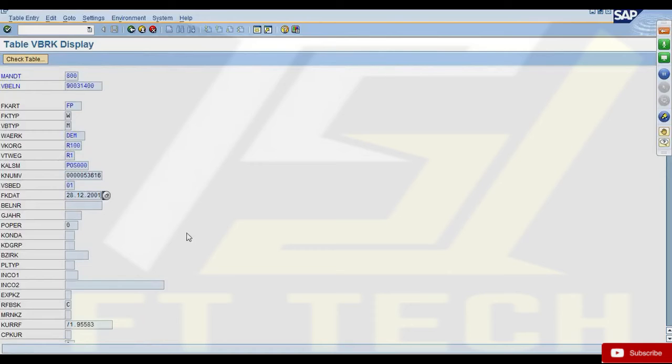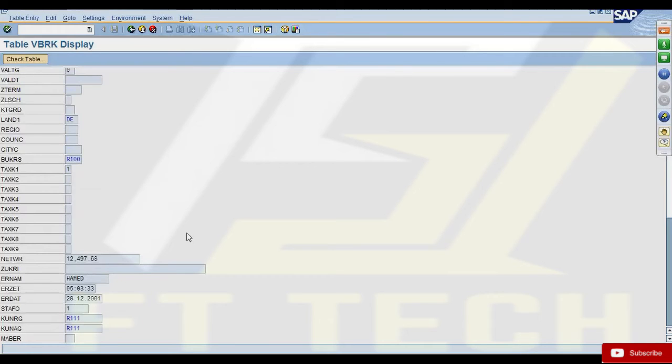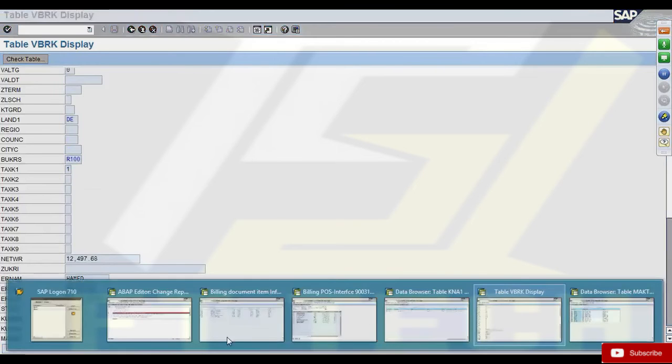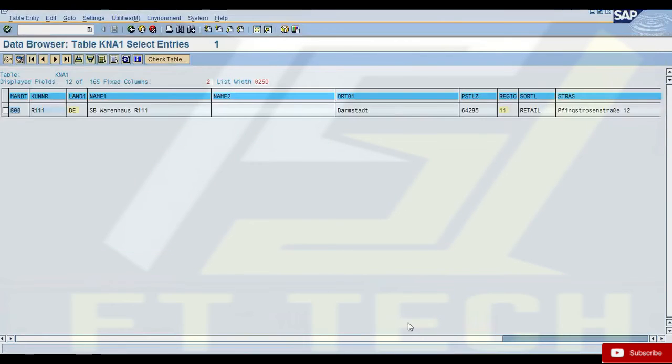There's a field called KUNAG. Here if you see KUNAG, this is the payer. So this will give you the payer number. With this information, query this KNA1 table to get NAME1 for that payer, and then print that name there.